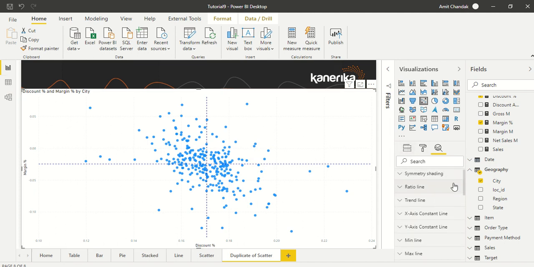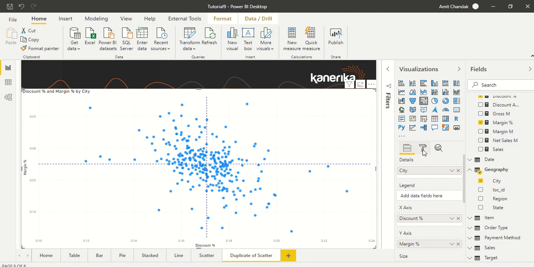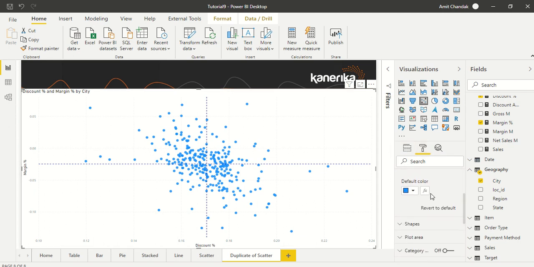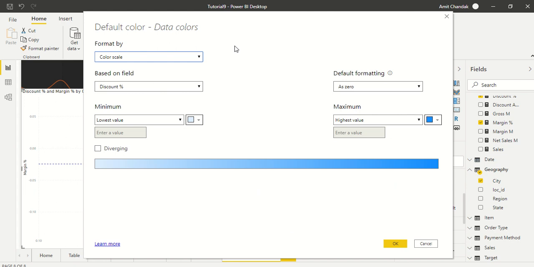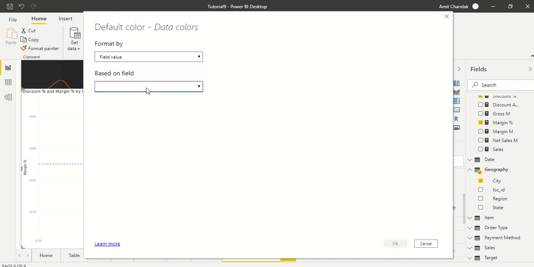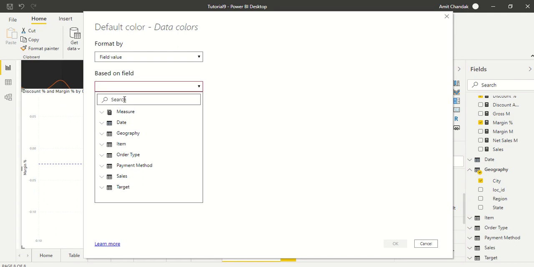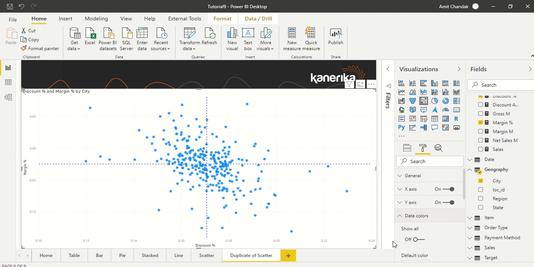Another thing which we can do, and the beautiful thing is that in spite of having all these complex things, it still supports default color along with conditional formatting, which we can actually go ahead and use. If you remember, in the past we have used field values, or we can use rules. So let's say we have a color measure, this color margin. Let's see, does it work out here? We see most of them are red because we have not configured for this one, but yes, we will be able to get the color grouping. We can clear it right now.